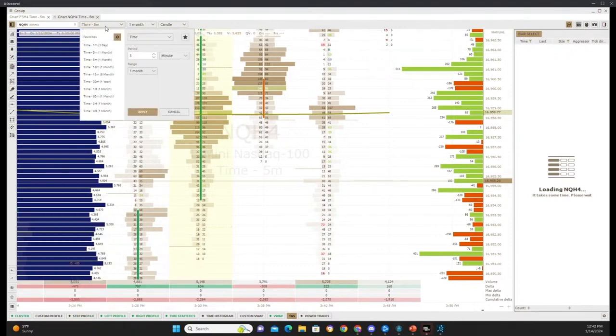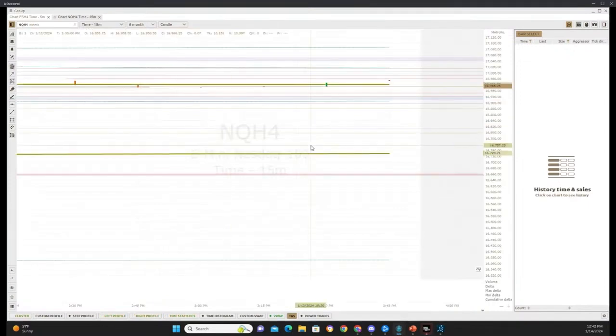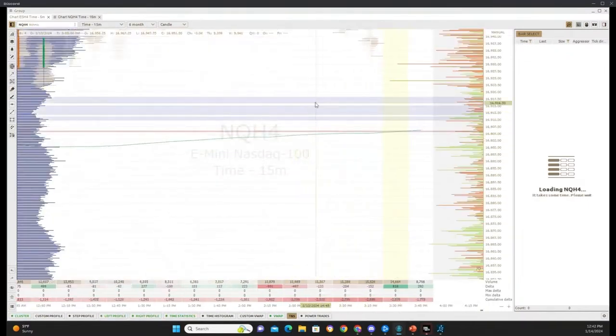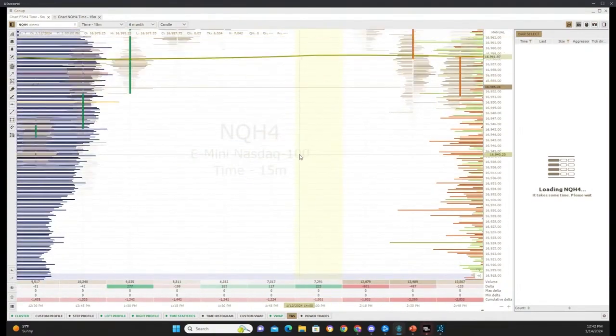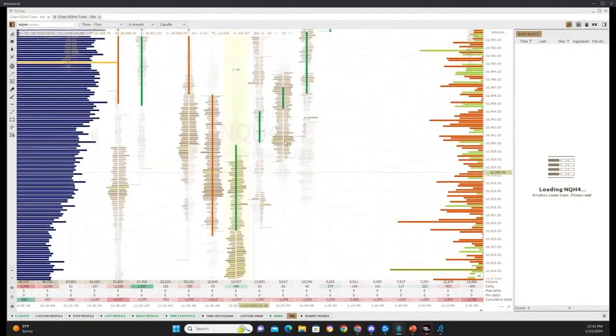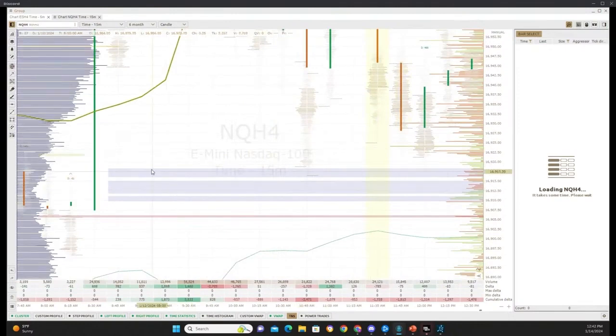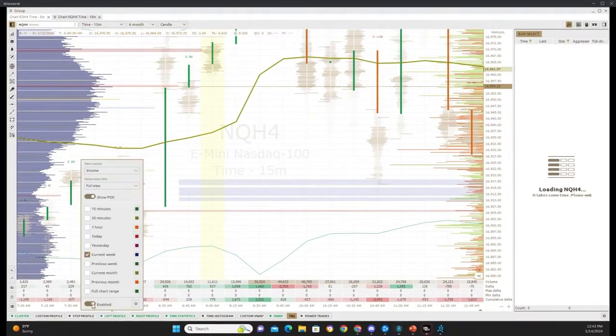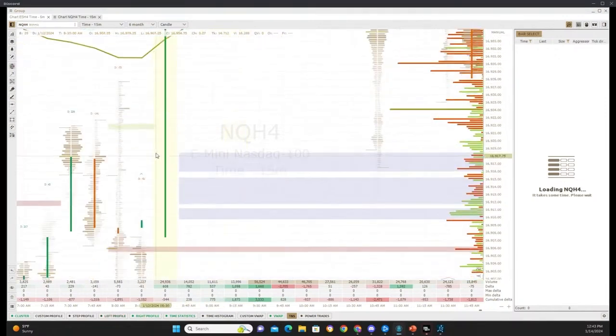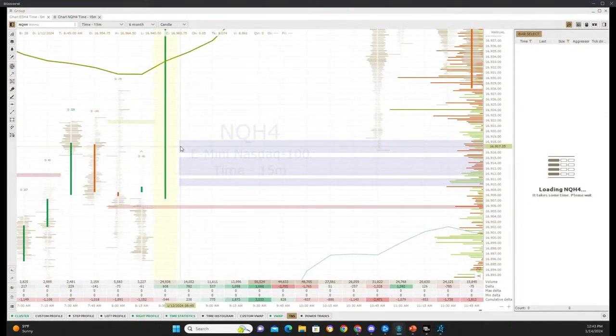On NQ, if you're new to footprints, you should not use 5 minutes. I would say 15 minutes on NQ is plenty for you. Anything below that, you might have a little bit of chaotic behavior towards your levels. So if you look here, same setup that we saw in ES. I'm just going to hide some of this stuff. NQ, if you're new, I would say stay away from it